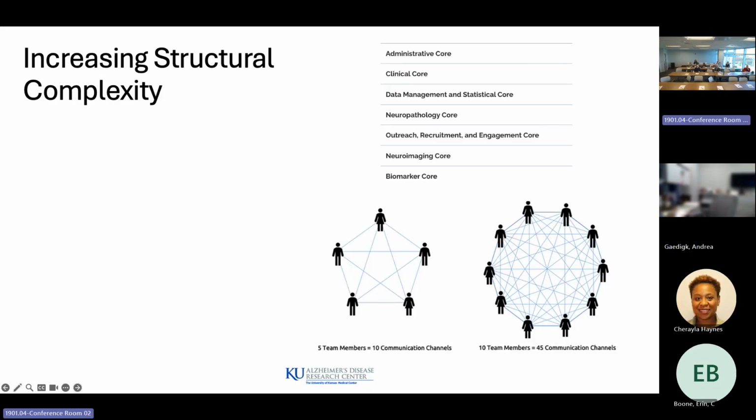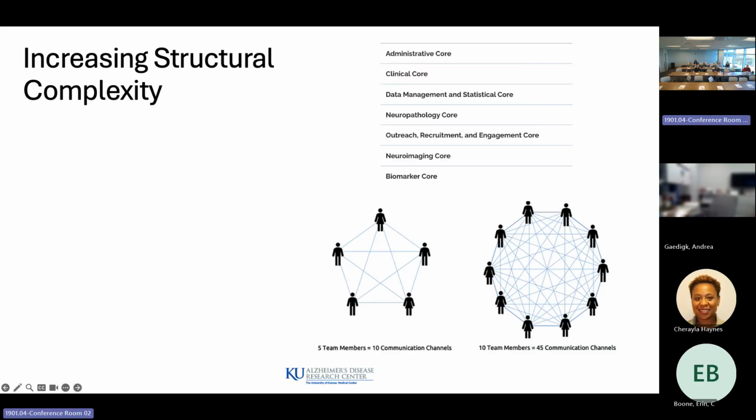Now, one thing I want to point out is just how rapidly communication becomes complex. In a team of 5 people, there are 10 communication channels. If you double the team size to 10, it jumps to 45 communication channels. That could be 45 emails, 45 Teams chats, 45 quick one-on-ones. That's a lot.